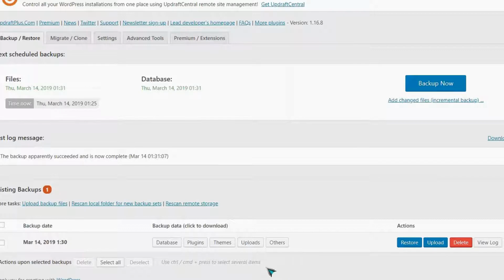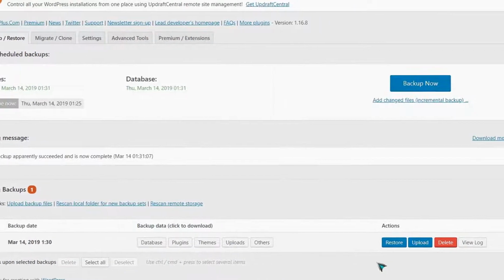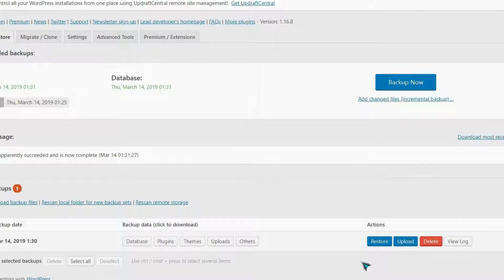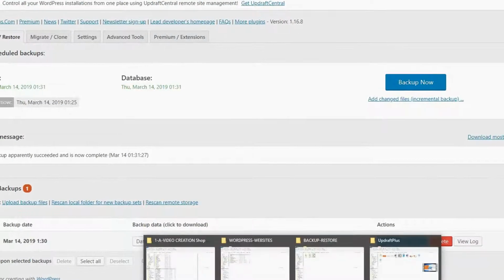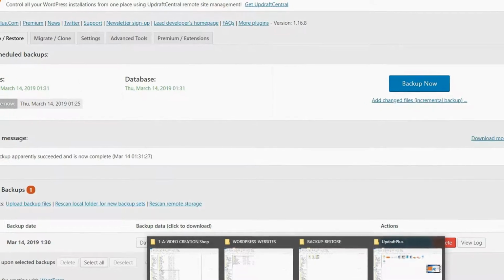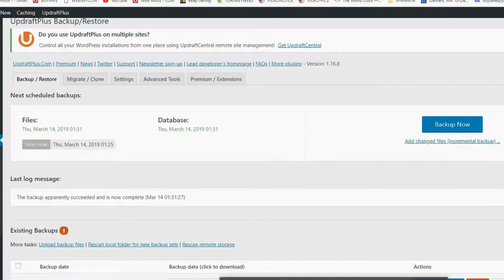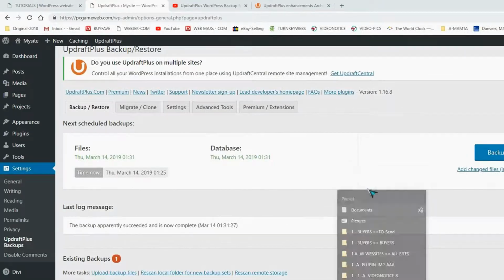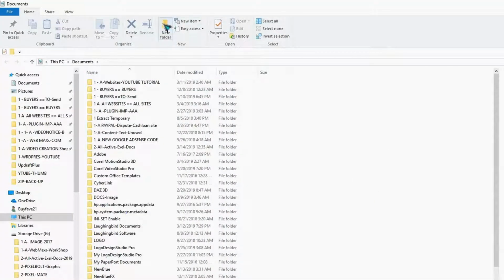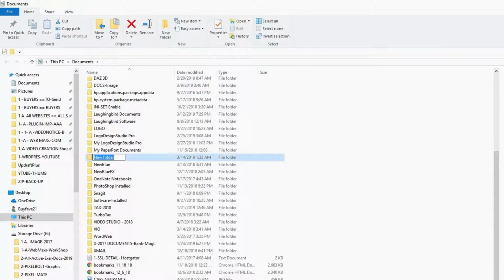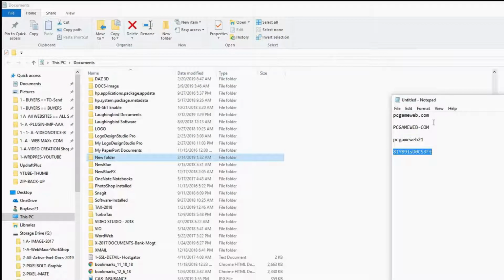Okay. The backup has completed. It is best to keep this backup on your computer instead of an extra storage drive. So I'm going to create a folder in my documents. Create new folder. Name the folder